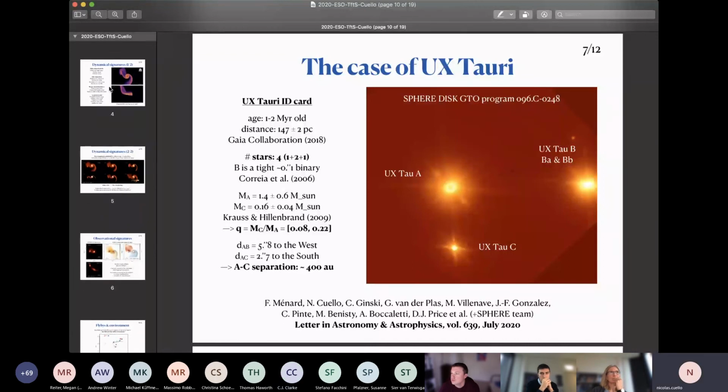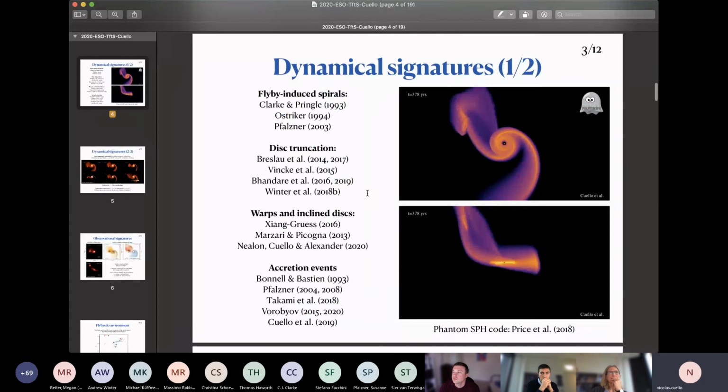So I must say that in these simulations we did a couple of years ago, we did not change much the viscosity, so we did not play with that parameter. But yes, in principle, it should depend on the viscosity, and it could be a way to measure the disk viscosity. The problem again is that it's very degenerate as a problem, and what we found, as expected, is that prograde encounters were very good at delivering material onto the primary, especially if it's a bit inclined. But we didn't check carefully how this changes with viscosity. That's a good point. Thanks.